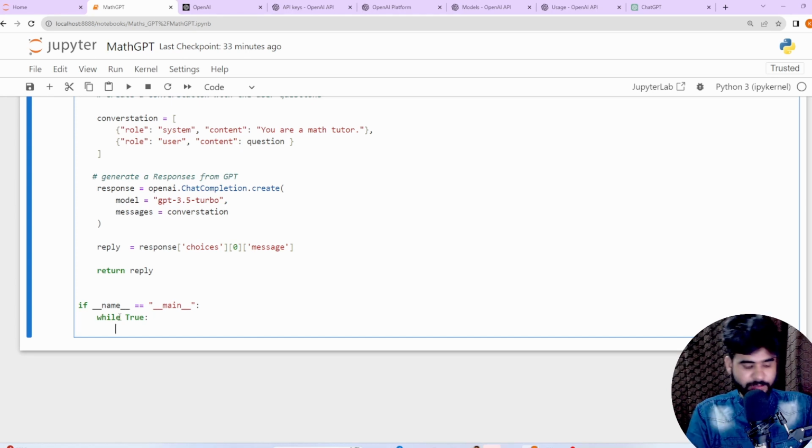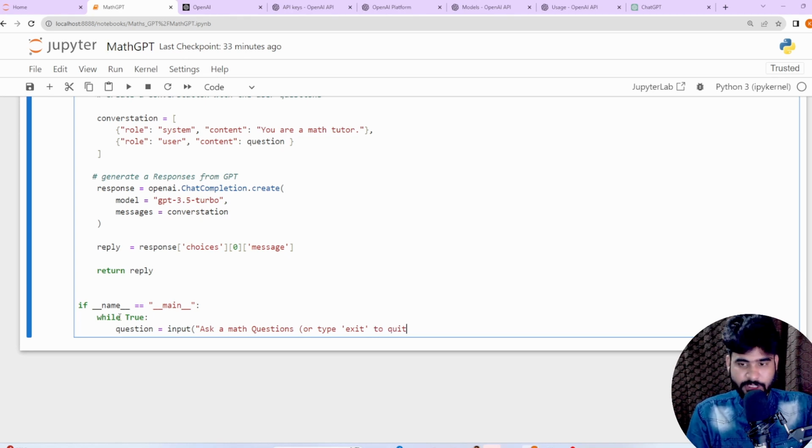We can create a variable, question. This is the variable that I'm going to create, because as a user we need to ask some query, then we will get a detailed response regarding our query. So here I'm going to write input, and in the input we ask "Ask a math question, or type exit or quit to quit."